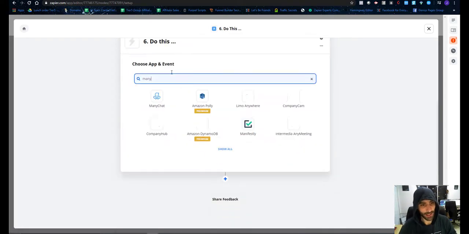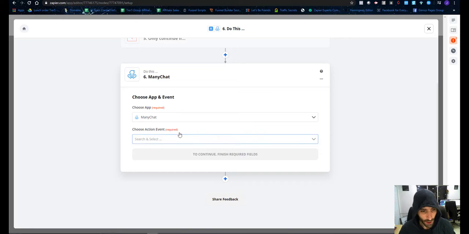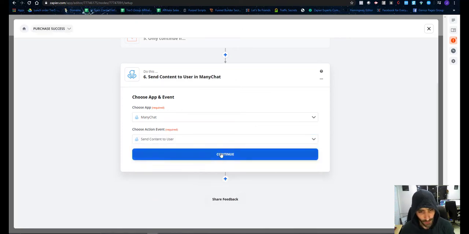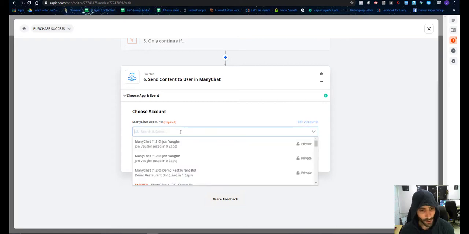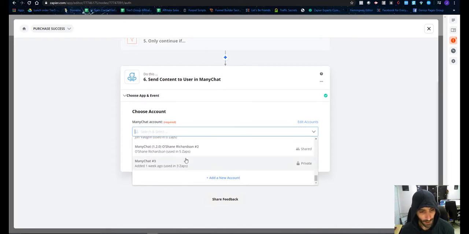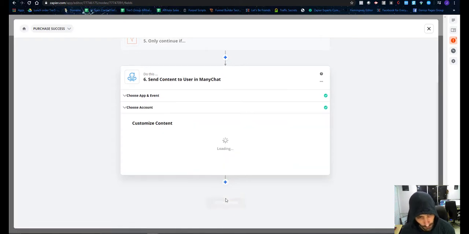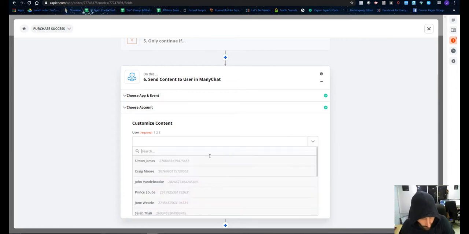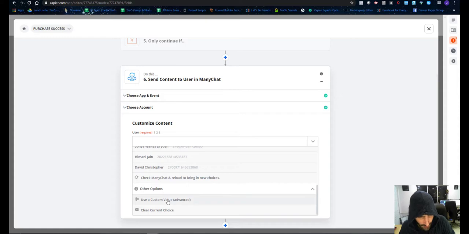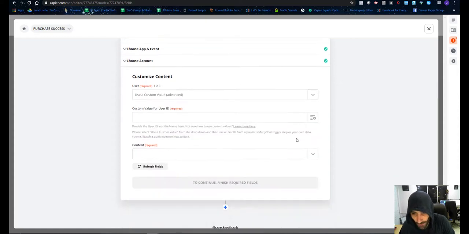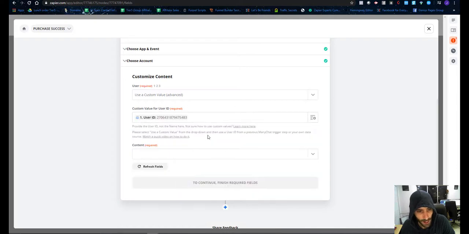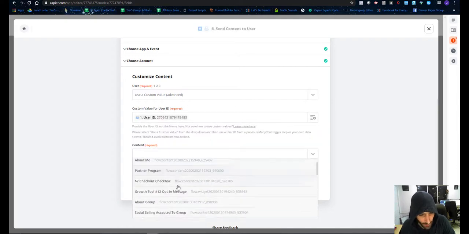I'm going to do ManyChat, and I'm going to send some content to a user. What am I going to do? I'm going to pick my ManyChat integration. And the user is going to be, don't worry, a custom value. And we're going to pick from this a user ID, from step 1. And the content we're going to send them is going to be